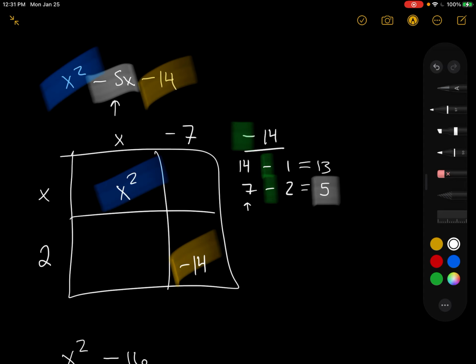But let's double check our math. Negative 7 times x is negative 7x. X times 2 is 2x. We combine these. Minus 7 and positive 2 gets us negative 5. Minus 7 times 2 gets us negative 14. So we have effectively factored here. And again, sign of the middle term goes to the bigger number. Keep it with